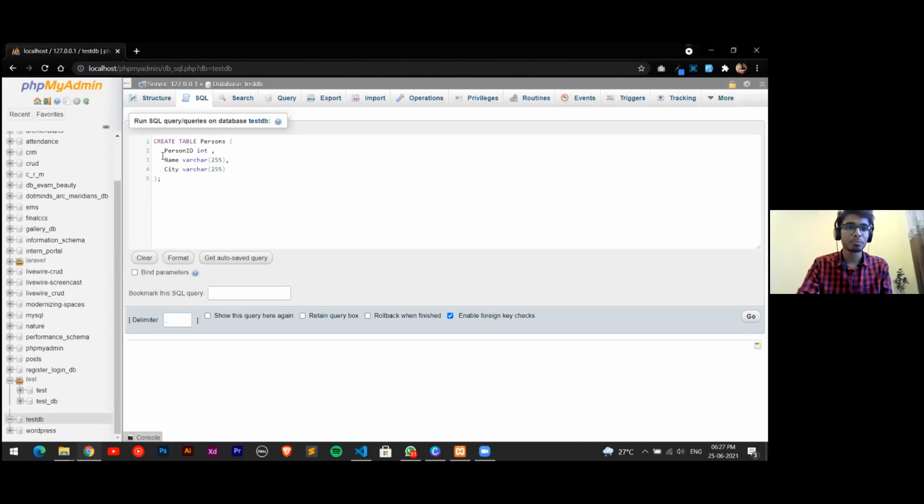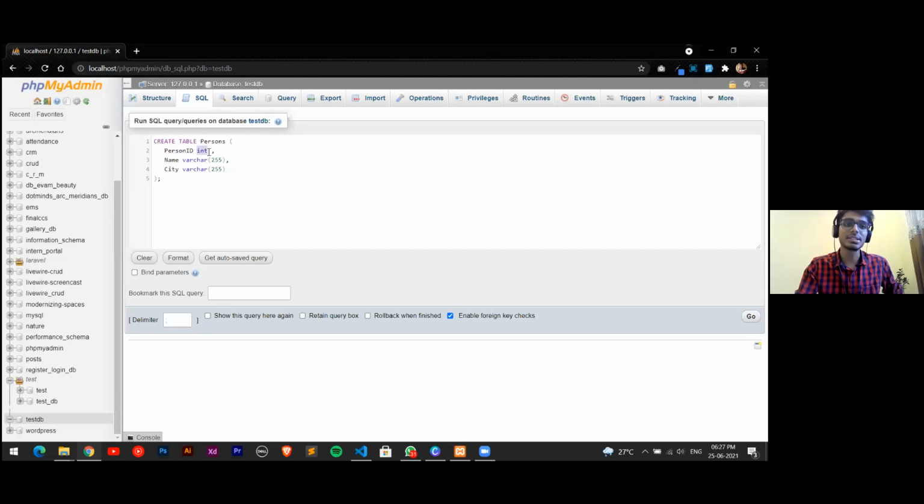So the first column is person ID. IDs are basically in the form of integers. If you see your college ID, a student ID or any other ID, it is generally in the form of integers. So for the query to understand that we need only numbers and nothing else, we just type int over here.